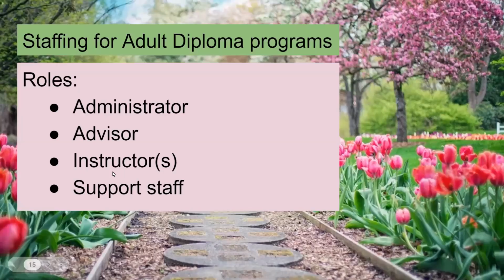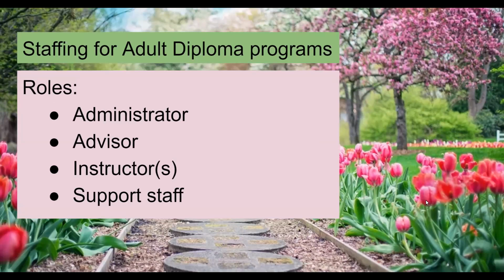And then a reminder, because this has been coming up recently in questions, and it seems like there's been a fair amount of turnover and a bunch of folks who are newer to adult diploma, just trying to wrap their head around it. So we just wanted to review briefly what different staffing roles there should be in your adult diploma program. There should be somebody who plays the administrator role, somebody who's an advisor, at least one, maybe more instructors, at least one, maybe more support staff. Those folks probably have a larger role within your ABE or adult ed program, but you do need to have those roles for your adult diploma program.